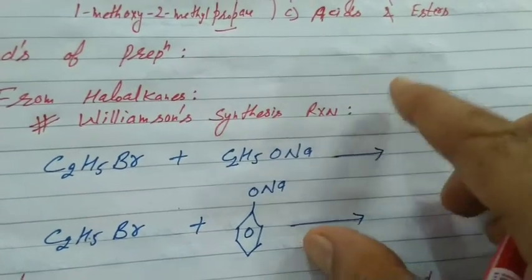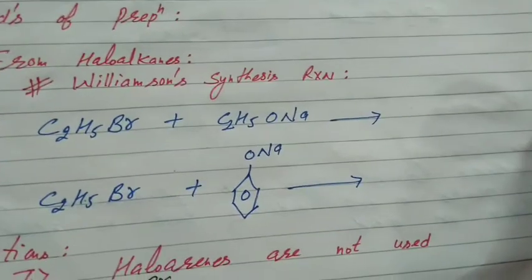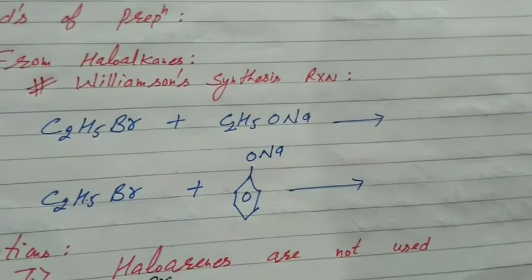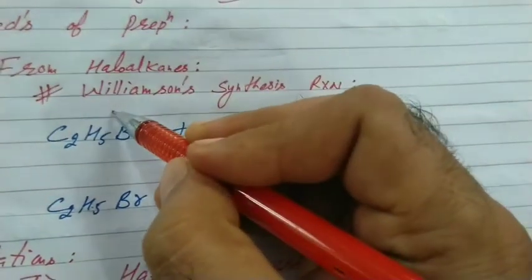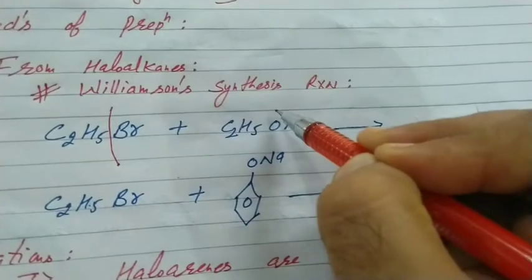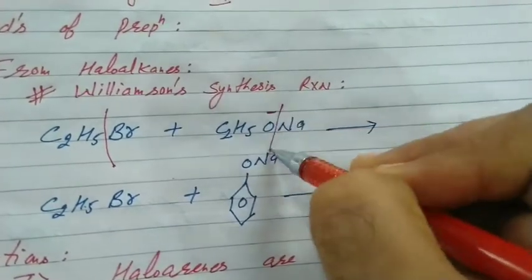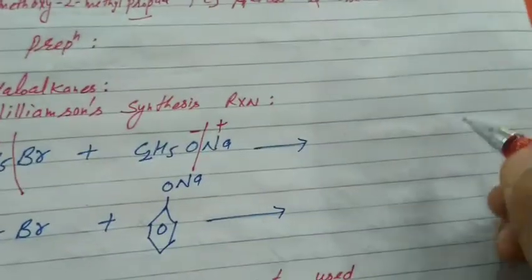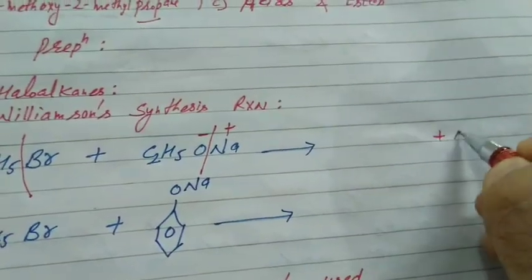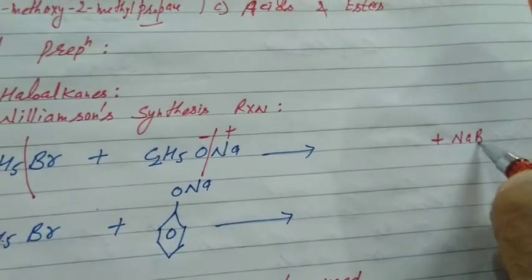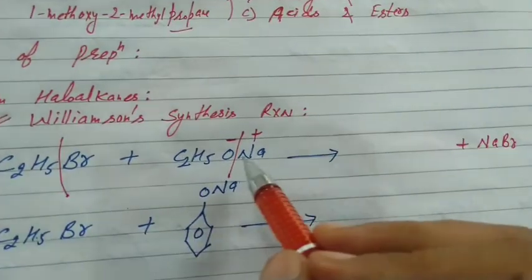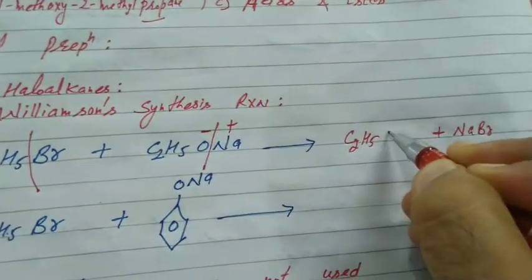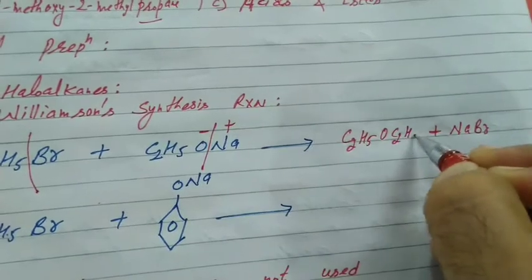What is Williamson synthesis reaction? That is reaction of haloalkane with sodium salt of alcohol or sodium salt of phenol. It is a nucleophilic substitution reaction, students. Halide ion is replaced by the negative part of the attacking reagent. Attacking reagent is sodium salt of alcohol. Sodium possesses strong affinity for halide ions. What happens? NaBr eliminates. Now what is left? C2H5O, C2H5, that is ether. It is alkyl ether and simple ether. Both the groups are identical.